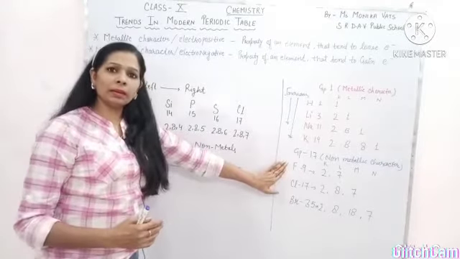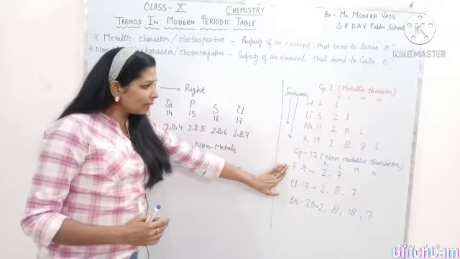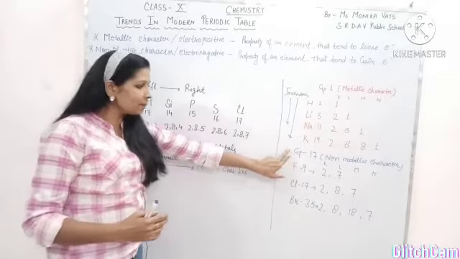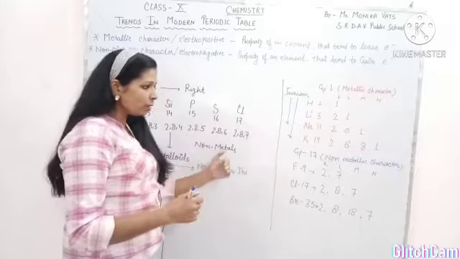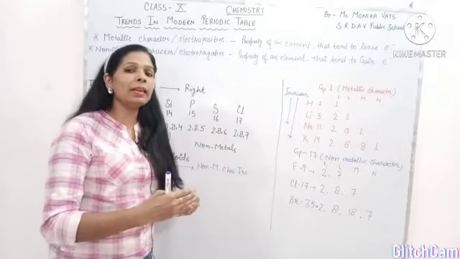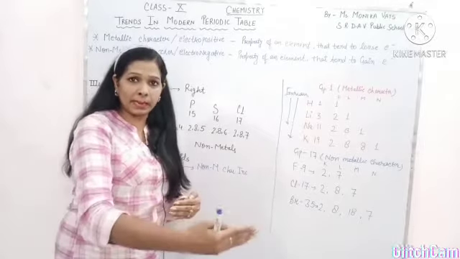नॉन मेटेलिक कैरेक्टर का क्या होगा? नॉन मेटेलिक कैरेक्टर के लिए, आई हैव टेकन एन एग्जांपल ऑफ ग्रुप 17. ग्रुप 17 में सब नॉन मेटल्स हैं. So what happened here? Again in a group atomic size no doubt increases, लेकिन atomic size बढ़ने की वजह से